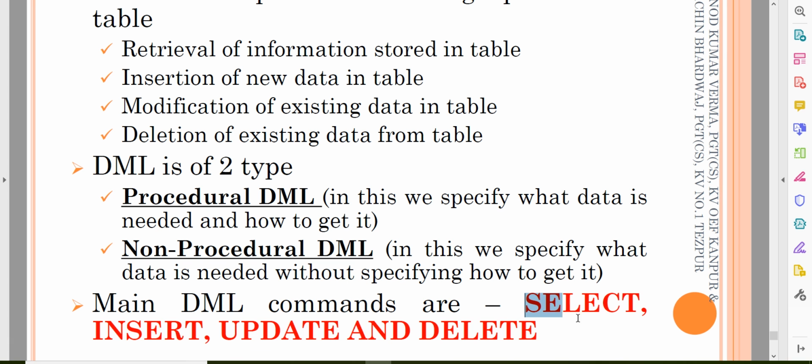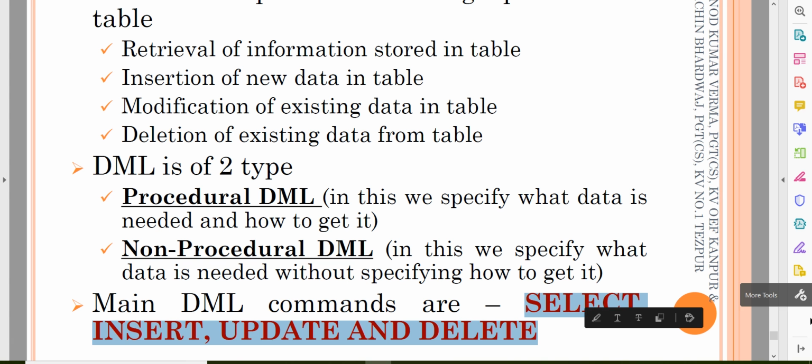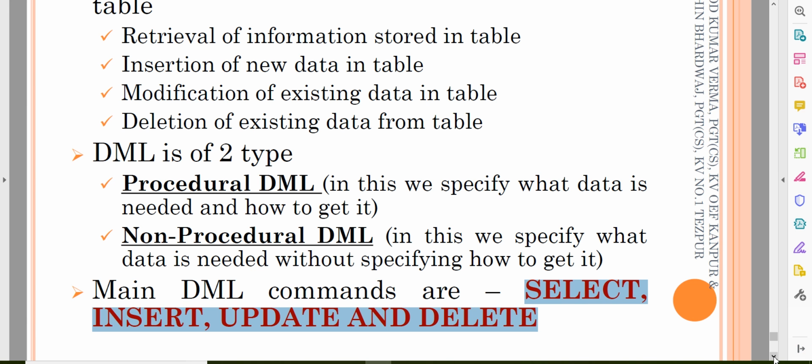So DML is select, insert, update, delete. Could you understand that? DDL means it will transact with the table, but DML means it will transact with the data, the records. That is the thing.